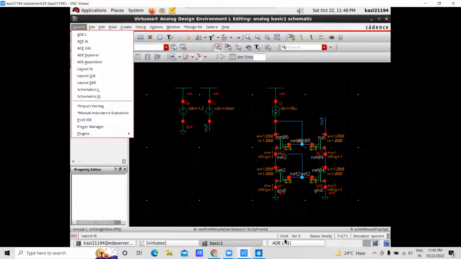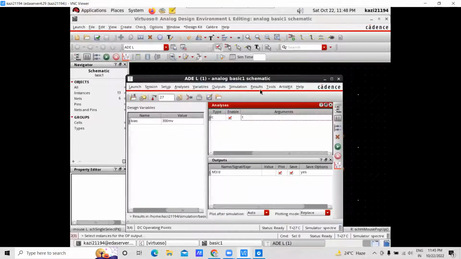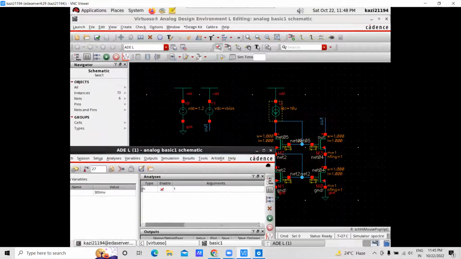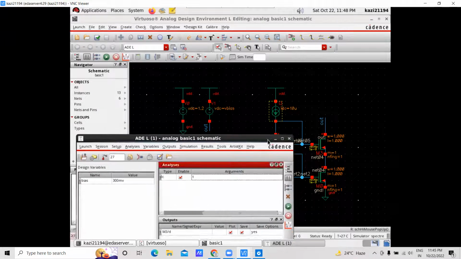Now again, in the ADL window, in this case I want to calculate the R out, that is output resistance. So for calculating that, what I'll have to do is